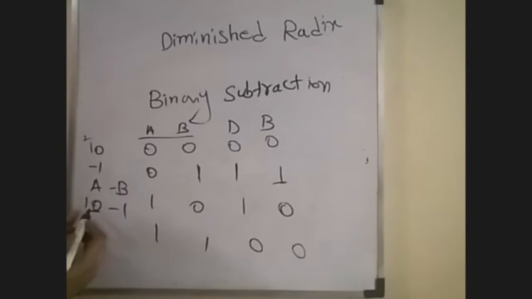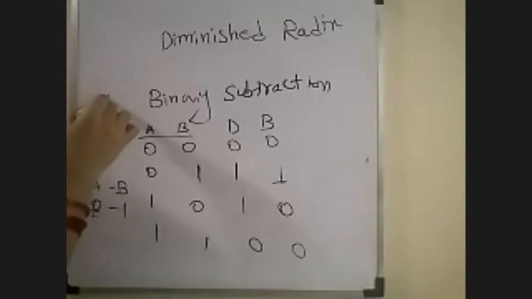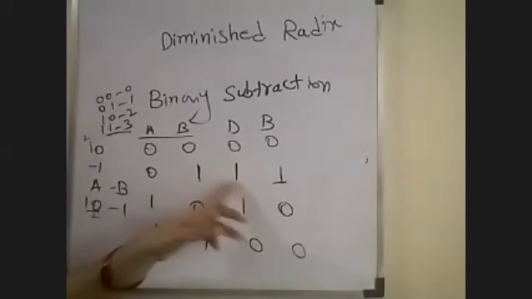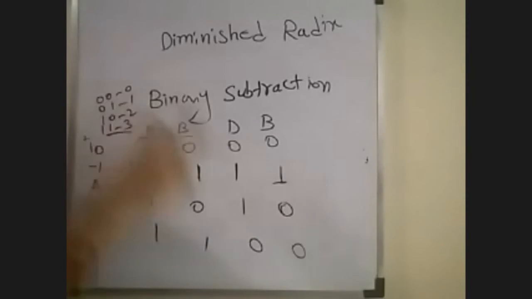Where do we bring the borrow from? We make an assumption. Borrow means we take 1, then the 0 value becomes 10, and minus 1. So 2 minus 1: 10 in decimal representation is nothing but 2, right? Why? Because this is only 2-bit representation. For 2-bit representation 00 is 0, 01 is 1, 10 is 2, 11 is 3, right? Here 2 minus 1, the difference is 1. Is it clear now? Binary subtraction.